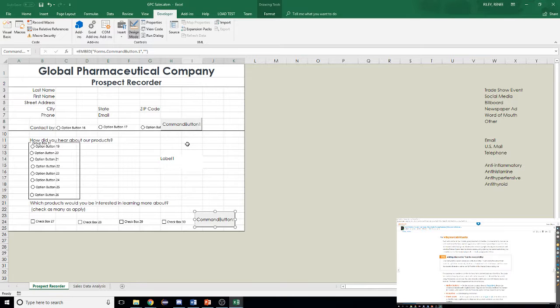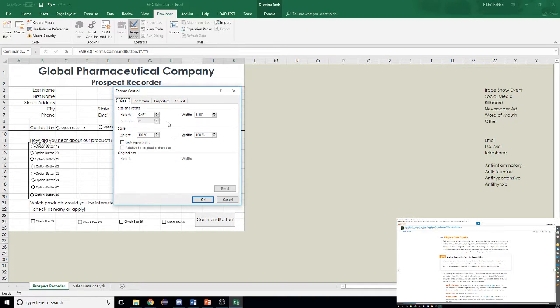We could do that. So we could right-click the control, like say this button, and I'm going to have to select it first and then right-click. And then I could choose Format Control. And on my Alt Text tab, I could set some alternative text. Click the